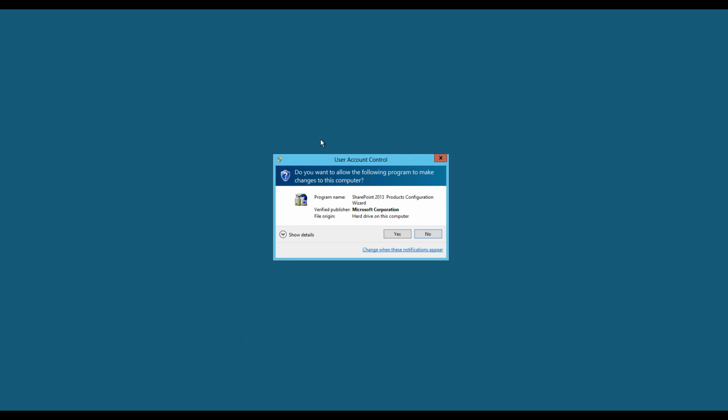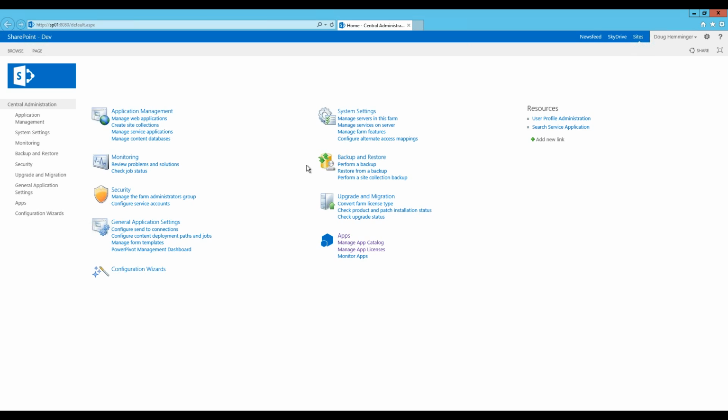So when you go into central administration, there's an icon that you can pin to your taskbar right down here. It looks like a little wrench and a hammer. The only thing that really does is it opens up Internet Explorer in administrative mode. So it gives you a prompt to say, do you want to run this in administrative mode? You can also access